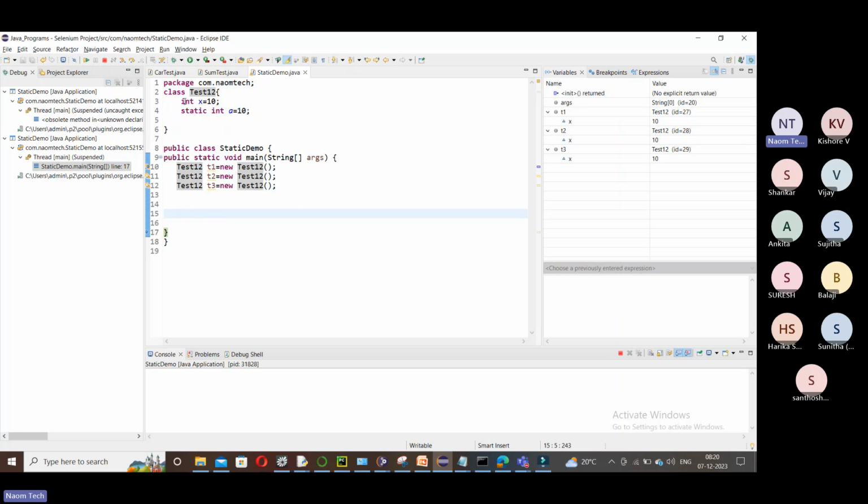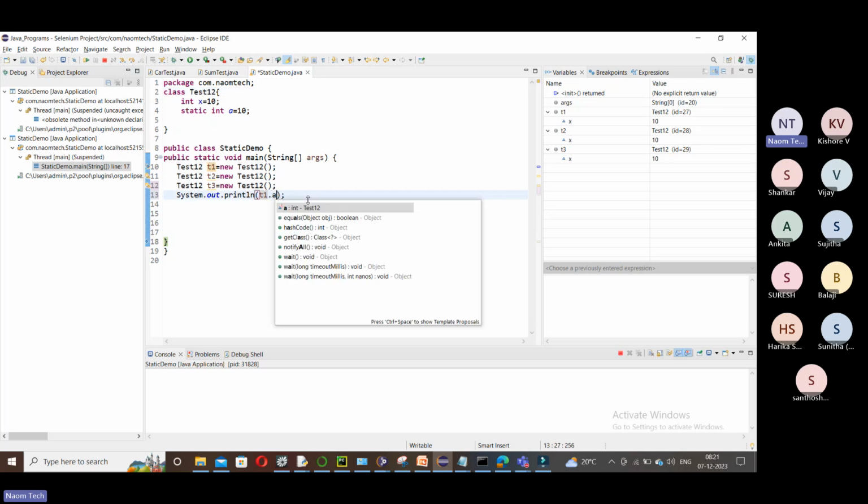See here, if I want to call x in this main, I should call it only through a reference. Why? They are inside these objects. So I can call this x like t1.x and t2.x and t3.x. But for this a, I cannot say t1.a, or rather we should not actually. Even if it is allowed, we should not. Generally, the recommended way is to call these static members with the class name. Let me show you. So here, t1.a,